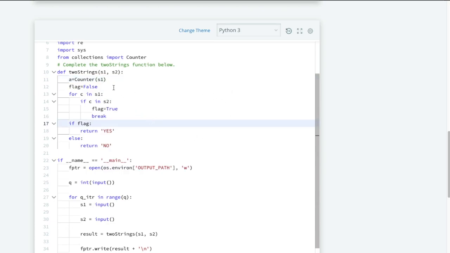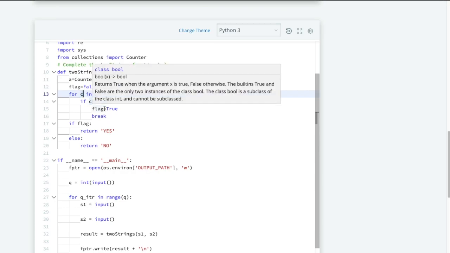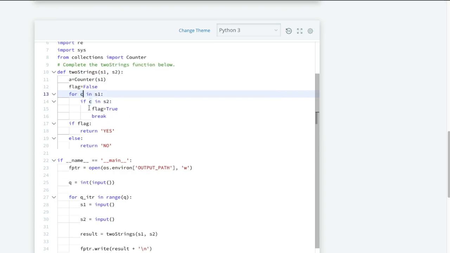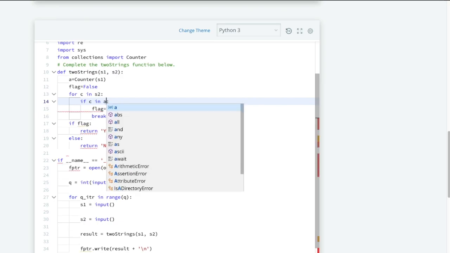Now flag is false, and now we'll iterate character by character in s2, and we'll check if that character c is present in a.keys().